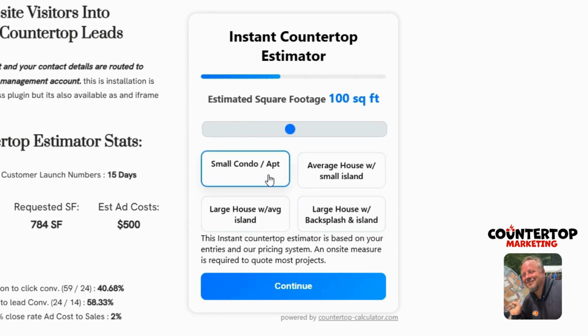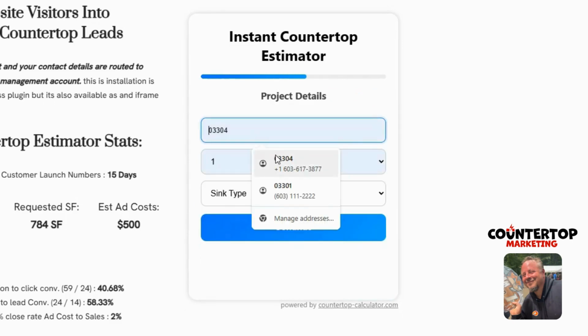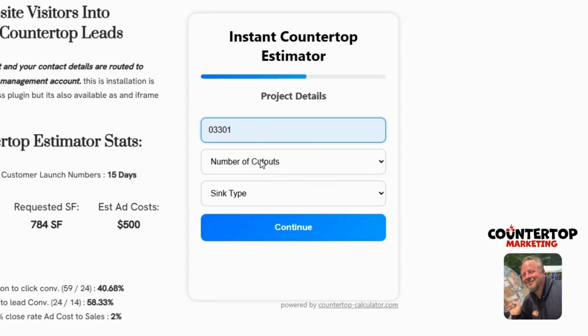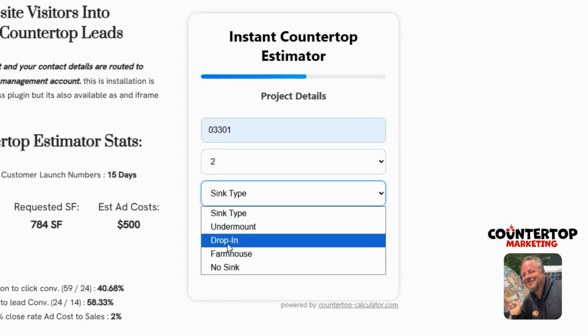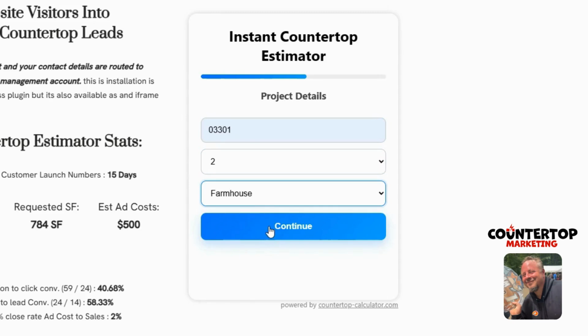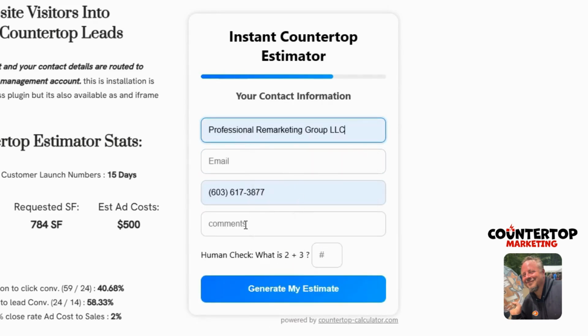going to be. So we do the 100 square feet, and we ask for a zip code, right? Number of cutouts, let's say 2, and farmhouse sink. And now we put in our contact information for routing. Essentially, they're instantly going to get an email back with this information in there. We do the human validator checks and stuff like that, and submit the